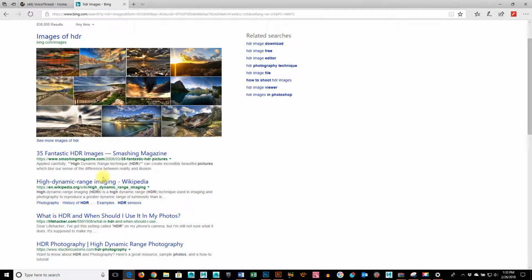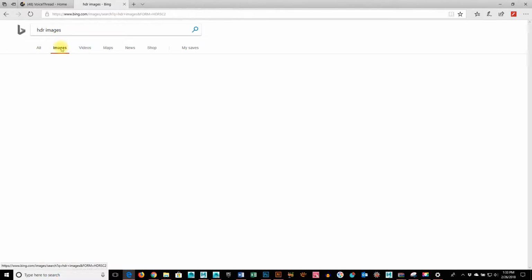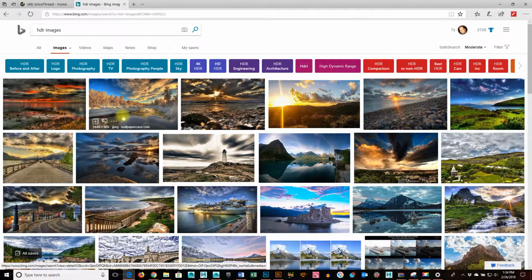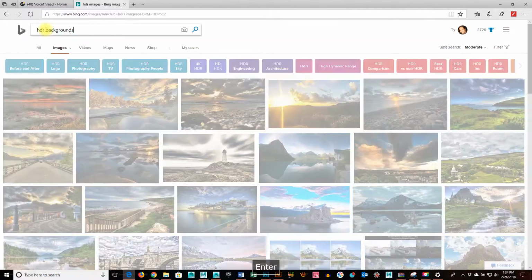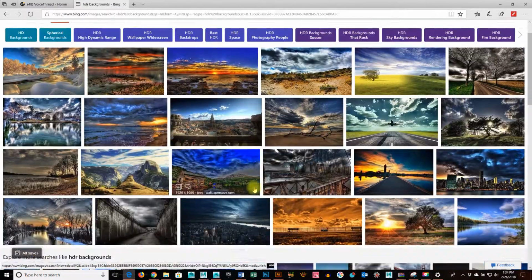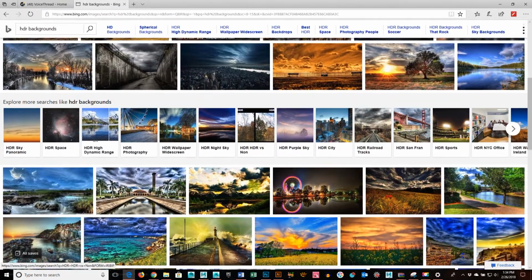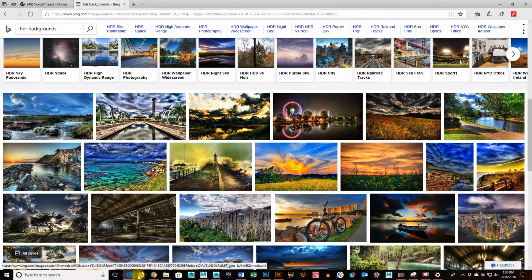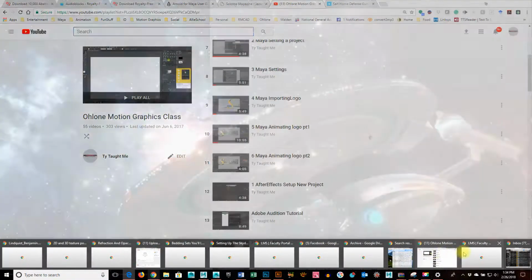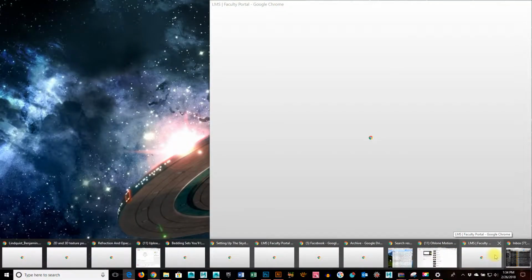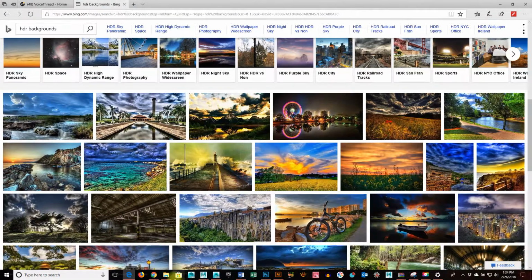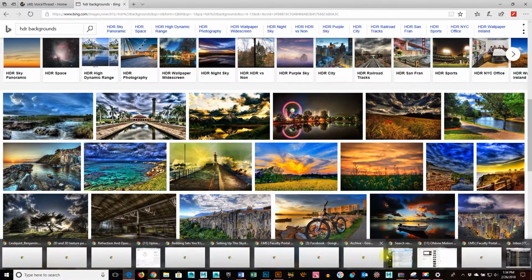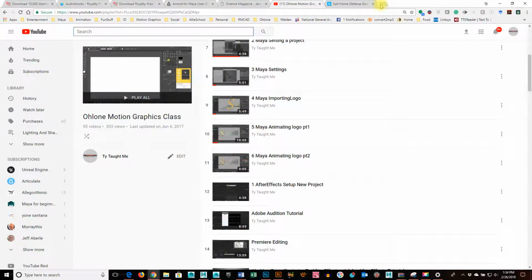So actually, I'll just do HDR. So with HDR backgrounds, depending on how you set it up, you could potentially set up lighting and stuff that is actually going to be inside of there. So if I go in,